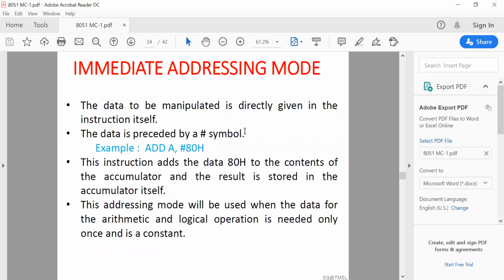So the first one is the immediate addressing mode, where you can write the immediate data byte to operate. Here one example is given, like ADD A comma hash 80.